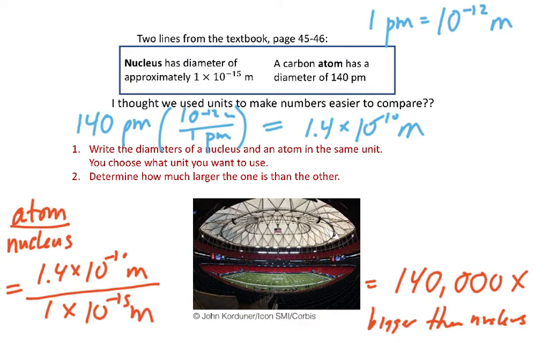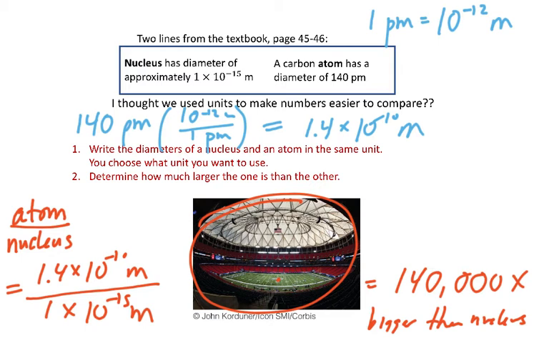And the picture that I've put here may have kind of given that away, right? Imagine a football at the center of the field. The football to the whole stadium is like the nucleus to an atom. So when we say that it's very small and dense, it's very small and dense because even the atom itself is small. But it's 140,000 times bigger than the nucleus. Okay, let's move on to the next